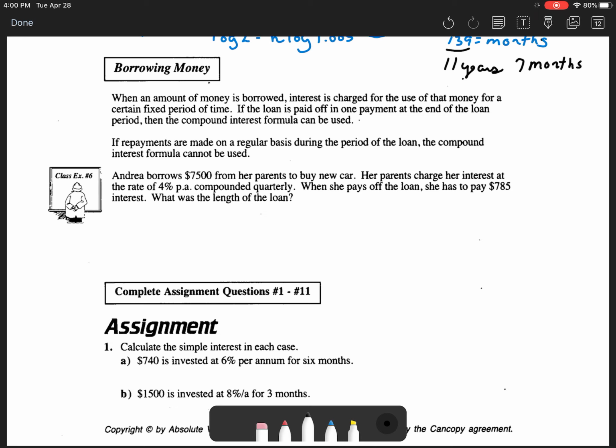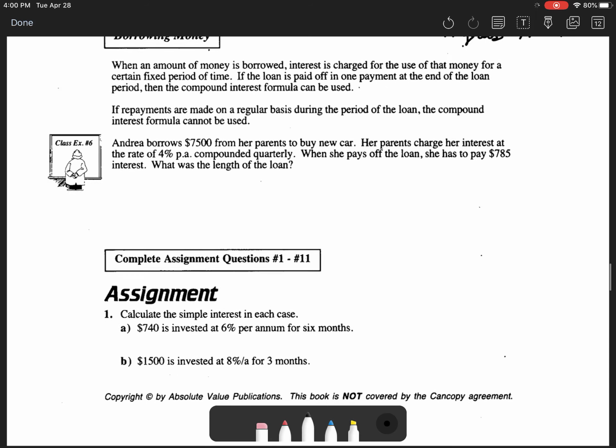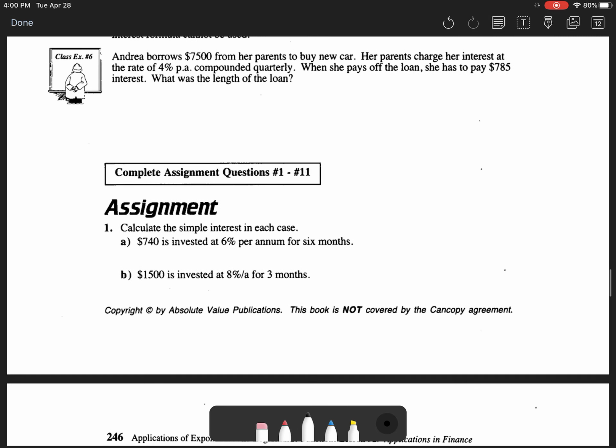Okay, last question for today. Borrowing money. When an amount of money is borrowed, interest is charged for the use of that money for a certain fixed period of time. If the loan is paid off in one payment at the end of the loan period, then the compound interest formula can be used. If repayments are made on a regular basis, the compound interest formula cannot be used. So obviously we're going to look at questions where the payment is at the end of the loan, then we're going to be able to use the compound interest formula, because we're going to pay it off